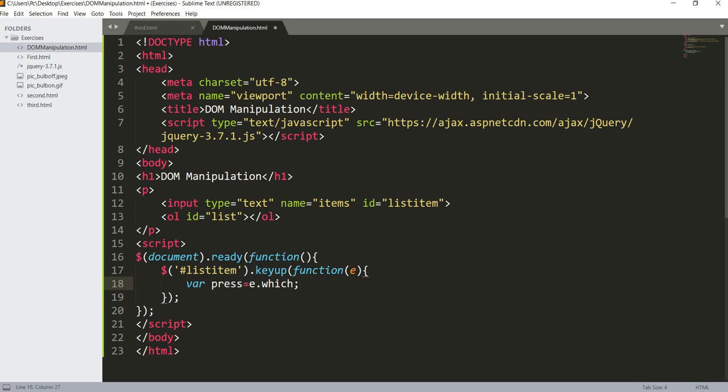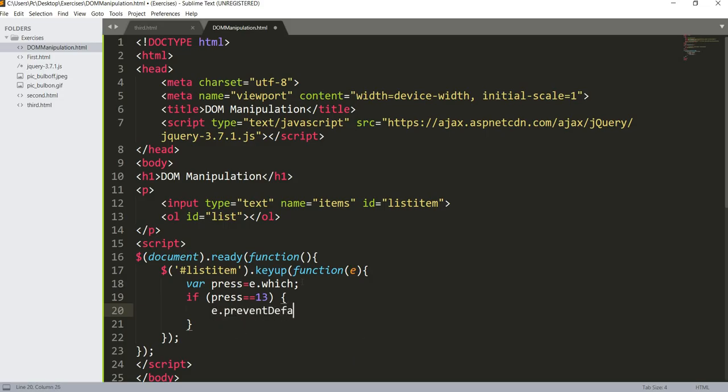So e.which means event which was triggered for which key. So the key will be saved inside this variable called press. So if press is equal to 13, meaning that the key pressed is enter key,